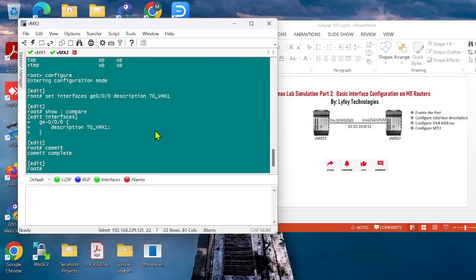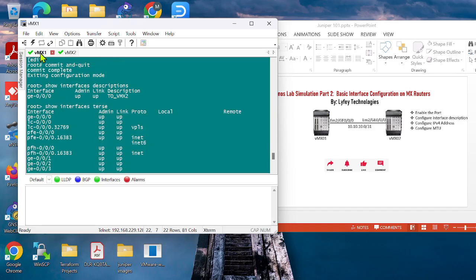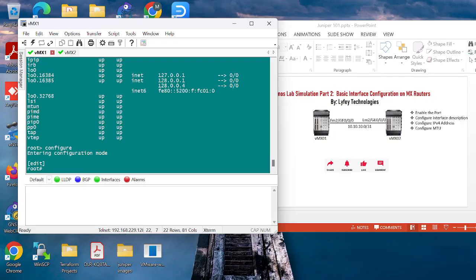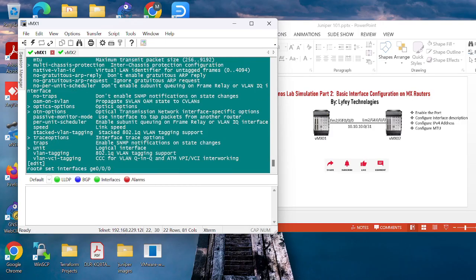The next step is to configure the IPv4 address. So for us to configure IPv4 address, we still have to go back to the configuration view, and then in the configuration mode, we set interfaces ge-0/0/0. You can use a question mark. Many times we need to configure logical units. So this is like a sub interface of the main interface. So we'll use unit 0,